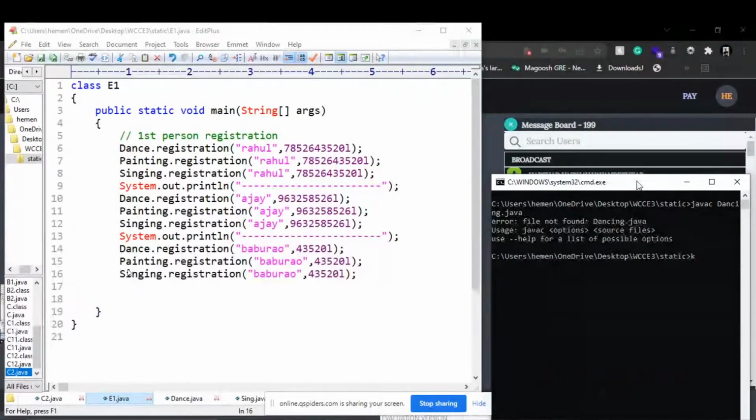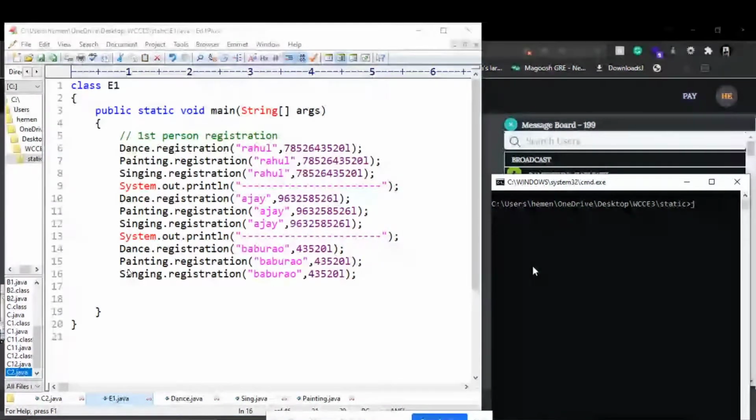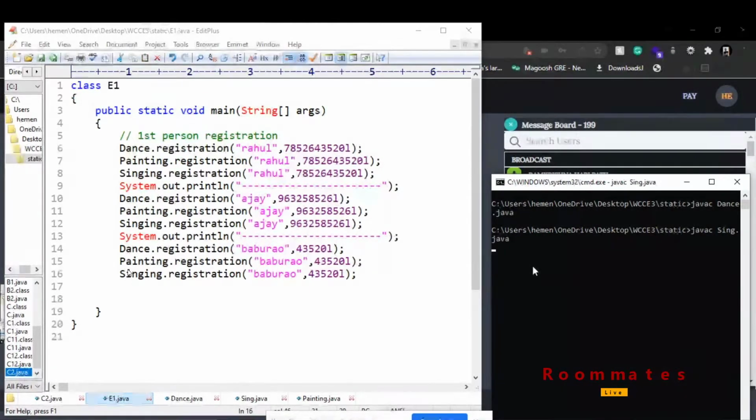Dance it is. Okay. Javac dance.java. Javac sing.java. Javac painting.java. Javac e1.java.